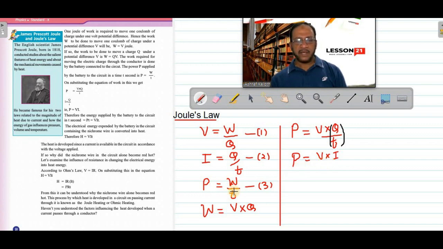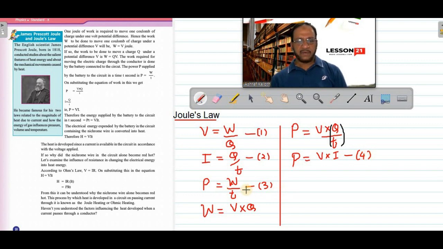Again, this power P equal to W by T is a theoretical equation which defines what is power. Now this P equal to V into I, we can use in a practical electrical circuit to calculate the power. Suppose you want to calculate the power of a bulb. Then you apply the potential difference 220 volt, and if you know the current flowing through the bulb, multiply the potential difference and current flowing through the bulb, you will get the power. So power P is obtained by multiplying the potential difference across a device into current flowing through the device. This equation will take equation number 4.